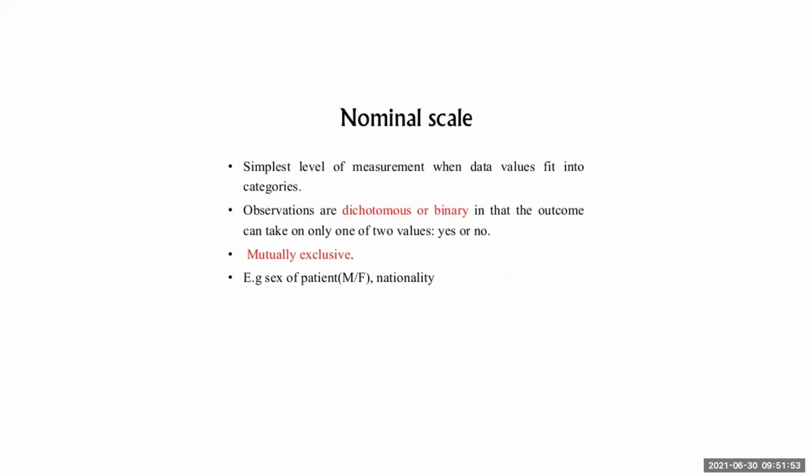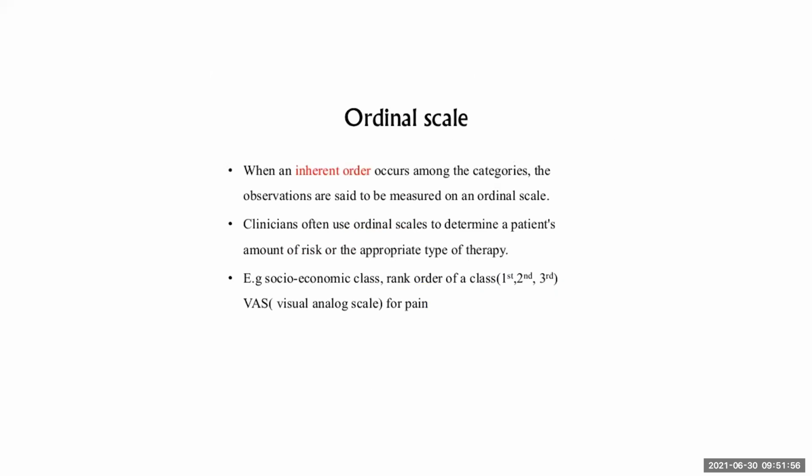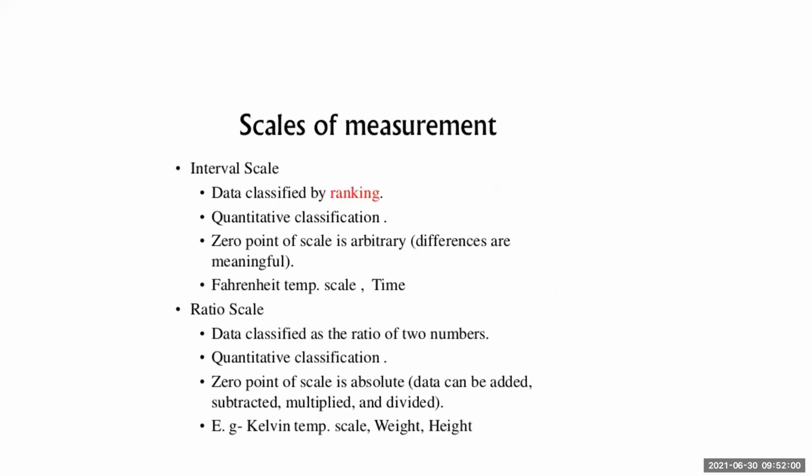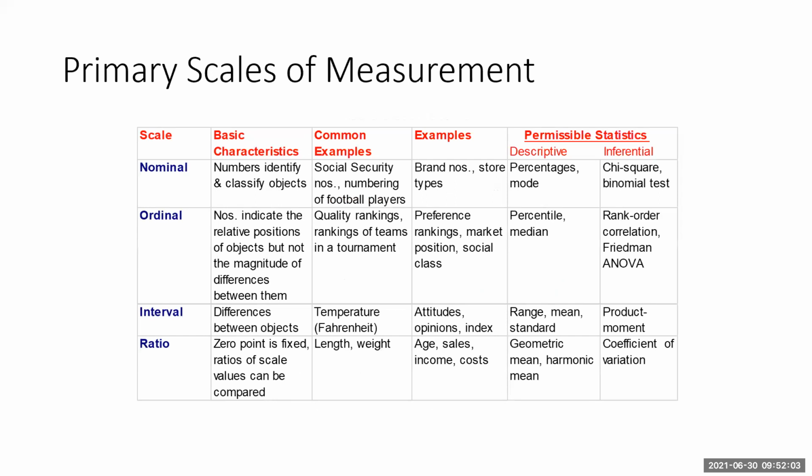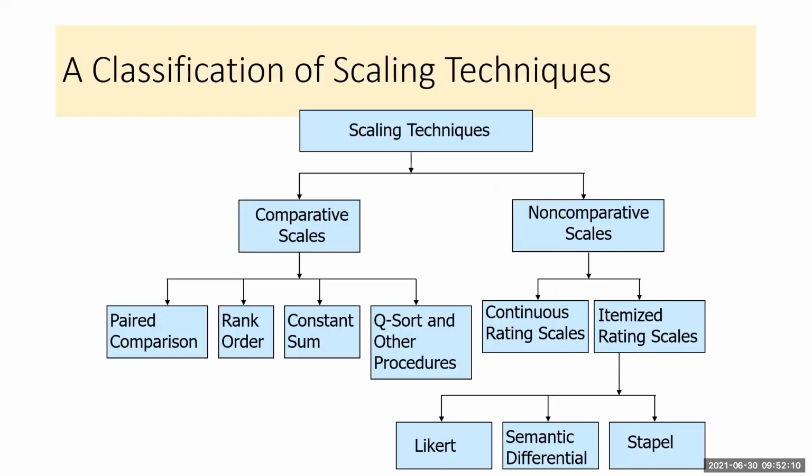So nominal scale is basically categories, ordinal is for ranking. Interval scales you can use, which are the ones you remembered from the other class yesterday. You can have different kinds of interval scales like Likert scale, semantic differential scale, Stapel scale. Right? You can also use some questions in a questionnaire which are comparative scales: paired comparison, rank order, constant sum. You don't need to use Q-sort right now, which is beyond this syllabus as of now.